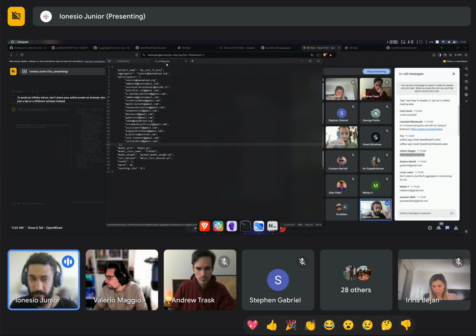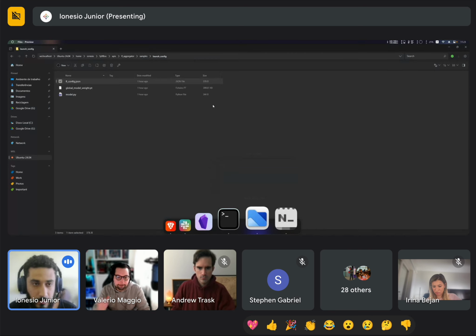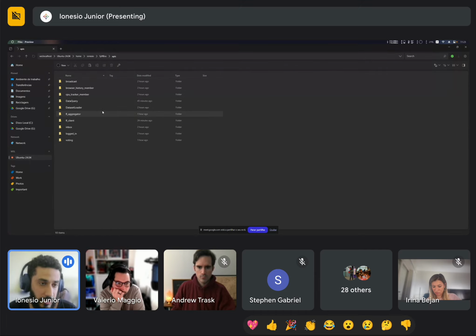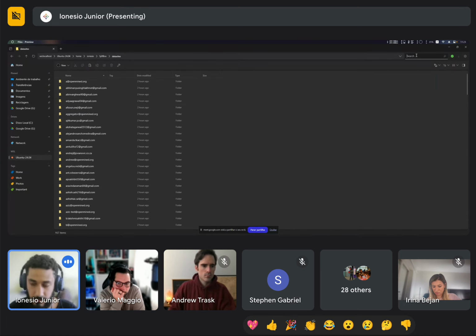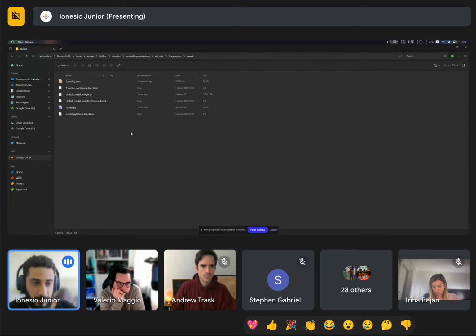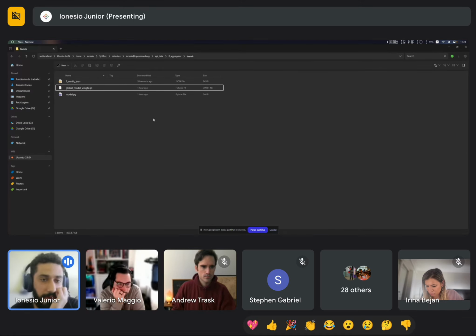So now we have the FL config configured, right? I just need to go into my, again, I'll get the sample, I'll copy this entire thing, go into my datasite folder, look for Tunisia, and then API data, FL aggregator, launch. Once I put those files here, this is just a Windows thing, nothing to worry about.